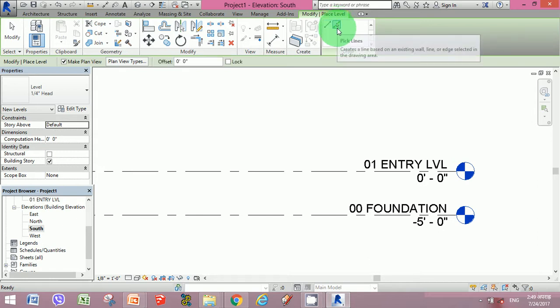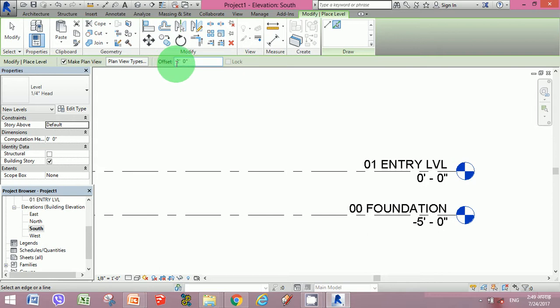select pick lines. Now we are going to use pick lines from the draw tab. Select pick lines, and then we have a new modify level bar here. Keep in mind, everyone, that this modify bar will always come up when you are designing in any kind of project. This modify bar will have a dimension of offset. This offset would be set according to the new level that we require. So say if we require a 2 feet height plinth level, then you add an offset of 2 feet.